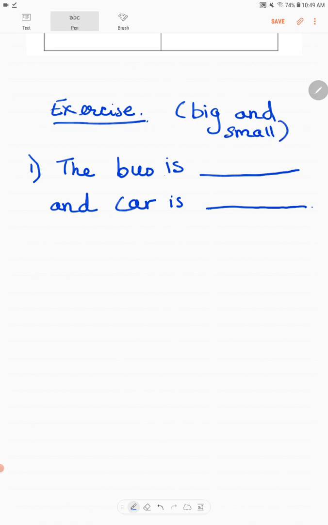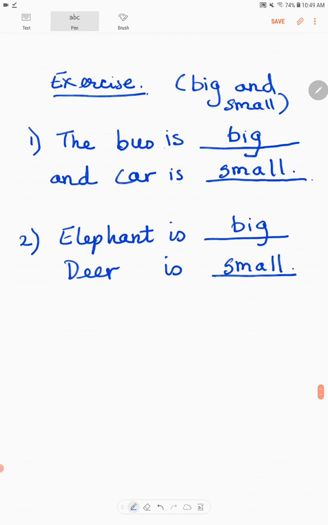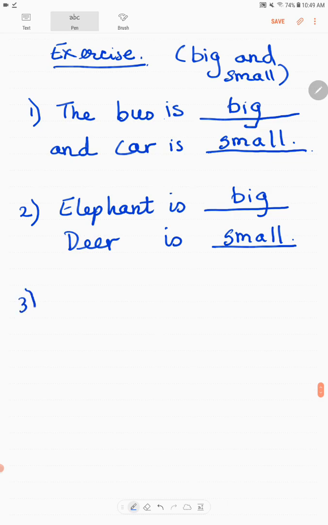So the bus is big, very good, and the car is small. Okay, next. Elephant is big and deer is small. Very good.